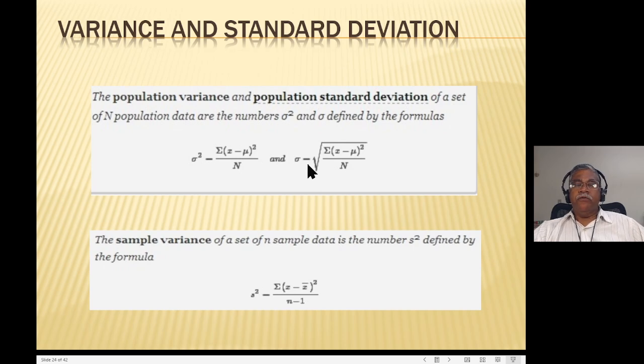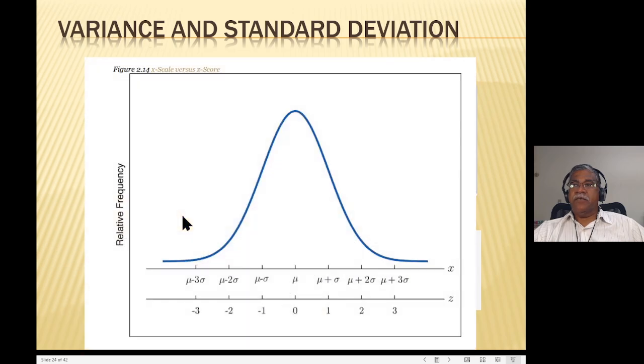Now, if you go to a sample, the formula is the same for the variance, which means standard deviation, except you take the sample size minus 1. And the sample size minus 1 is what is called degrees of freedom, which are not important in a population because they don't change anything. But in the case of a sample, it's really important. So let's look at this idea of what is degrees of freedom. And meanwhile, feel free to interrupt. So let's look at variance and standard deviation once again.